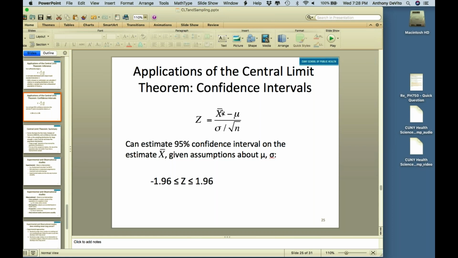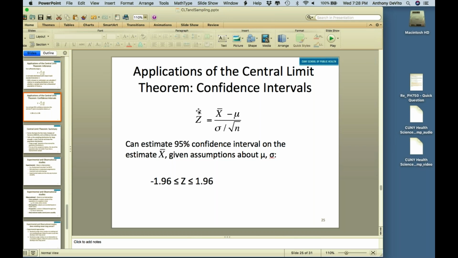And because I take repeated samples of a certain sample size, then the difference between these two, if I wanted to relate it to z-scores or standard errors, I would divide it by the standard error, sigma over the square root of n. So this z that I have here represents how far apart the population mean and the mean that I got from my sample are.